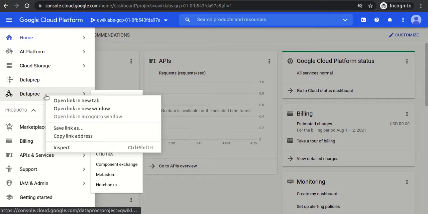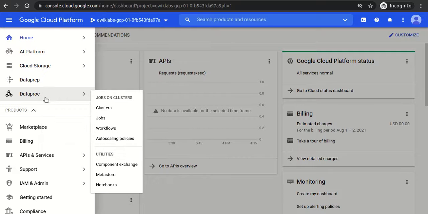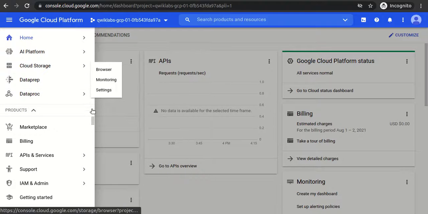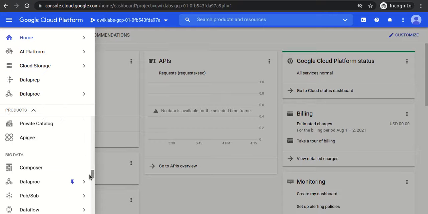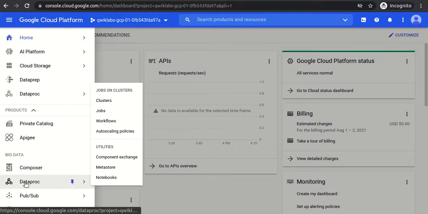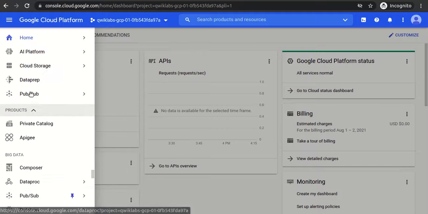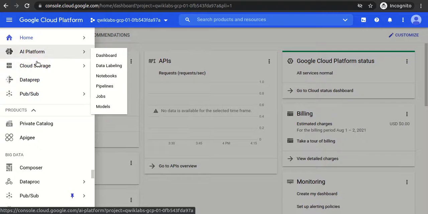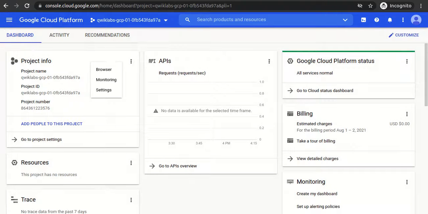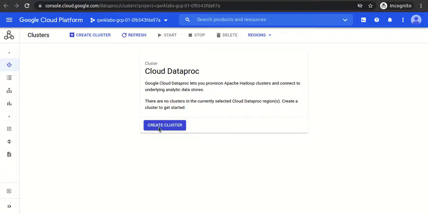When we run using the console, what we basically do is go to Dataproc. Dataproc you will be able to find in the big data menu, under the big data section. I have pinned it, so we can unpin it, and we can pin it again, and you can see it back here. Generally it is useful for services which are most commonly used, frequently used: you can pin them so that rather than scrolling down you can access them directly from here. Okay, right now we don't have any cluster.